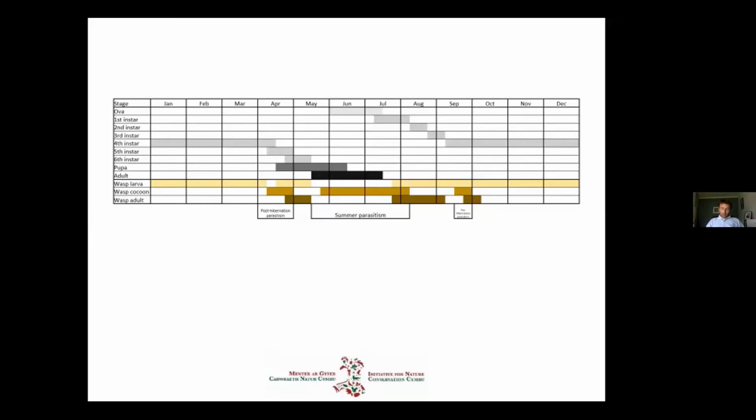So they have an issue at this stage, in that when they emerge, they wouldn't have any caterpillars to parasitize. And at this stage, they can't parasitize eggs or pupae or the adults, so they have to parasitize the larvae. So at this stage, they have two methods of doing this. So they keep the final instar caterpillar alive for much longer than they would naturally. So if the caterpillars have pupated and there are still a few knocking around, then they're likely to be ones